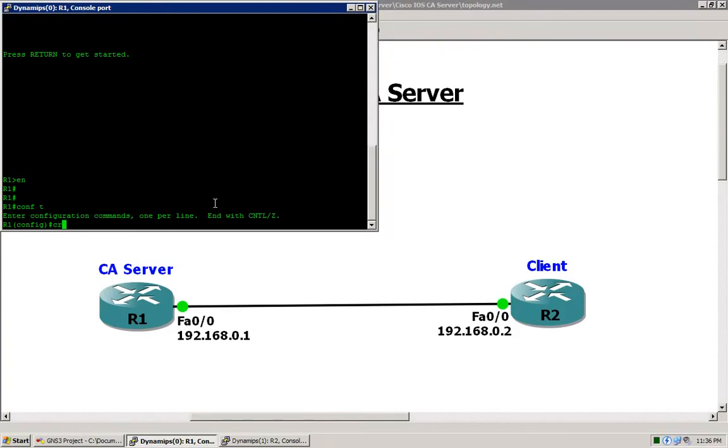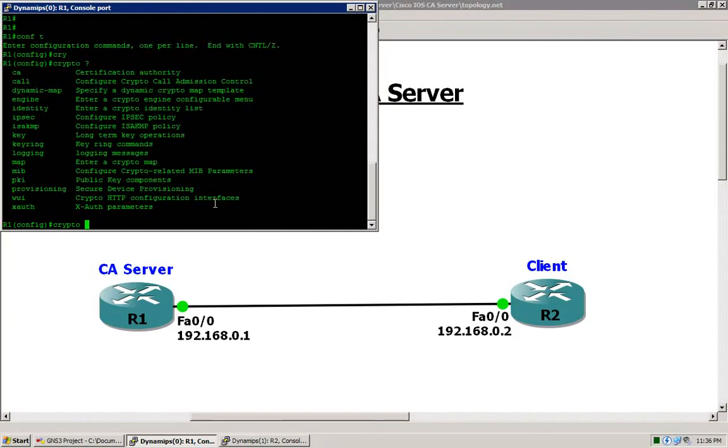By now I hope that you've seen and generated keys before. If not, if you've just done keys, like a general key usage for SSH or something like that, what we'll be doing here is generating a key set specifically for use for the CA server, and we can accomplish that by entering the crypto key